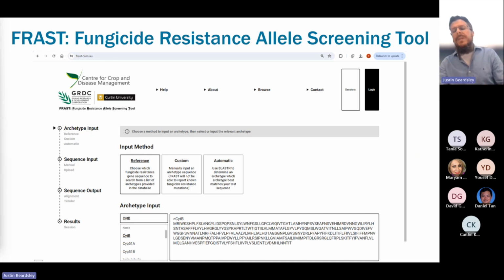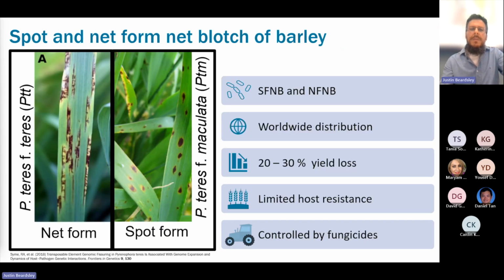So this is a little bit of an introduction to the problem, and now I wanted to target a couple of cases that are a bit more novel in terms of what the molecular mechanisms are driving resistance these days in agriculture. So I'm going to be talking about two diseases that impact barley production. So these are your enemies.